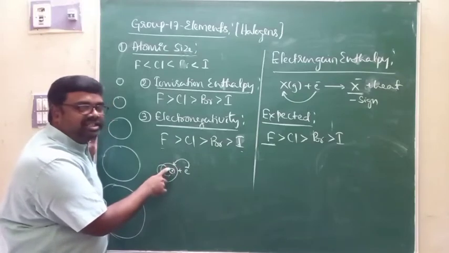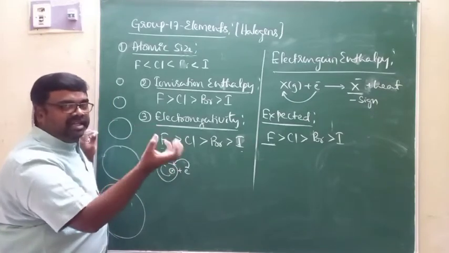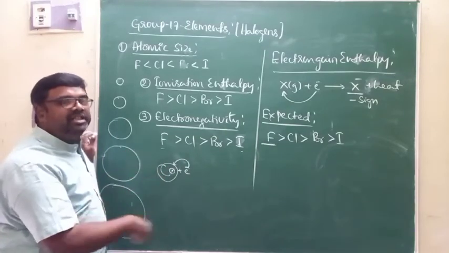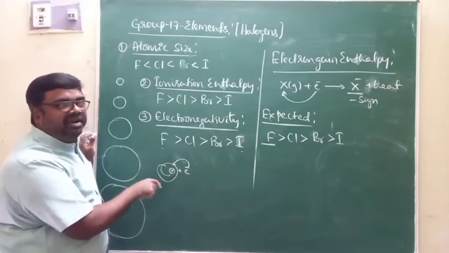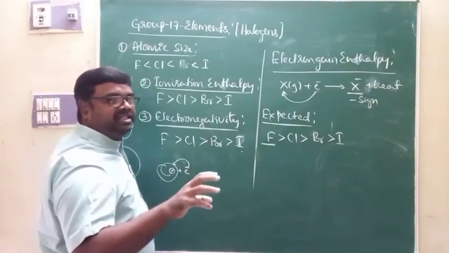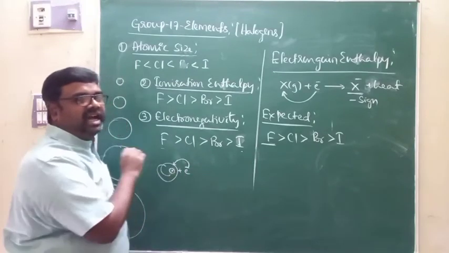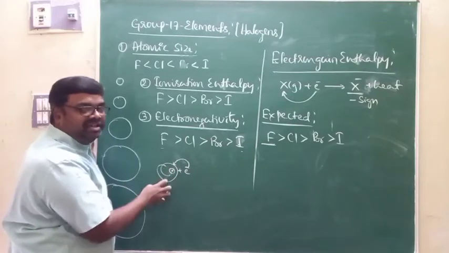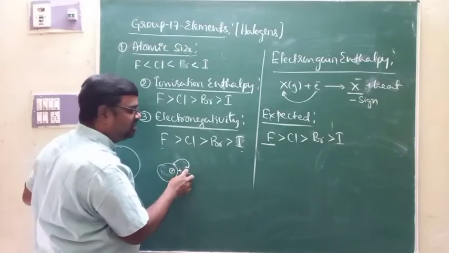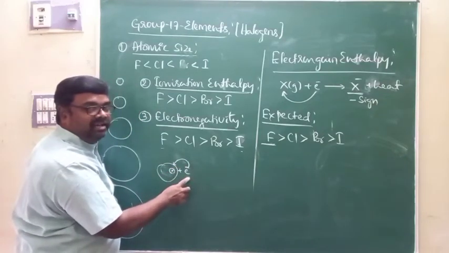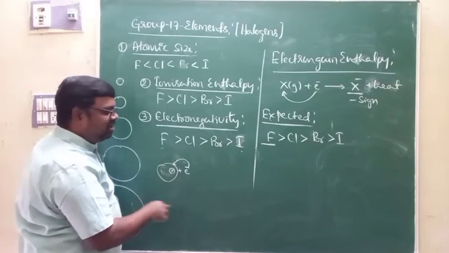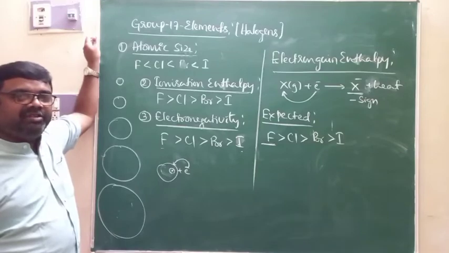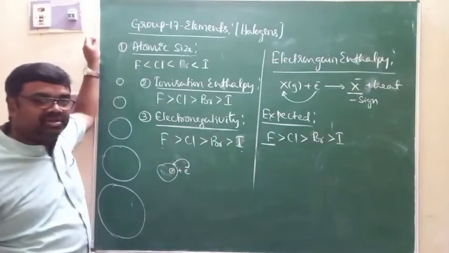Therefore, the electron density of the fluorine atom will be high. That is, valence electrons are present over a very small atom. Because of that, electron density is more. Even the electrons present in the fluorine atom don't have much space for their stay in the atom. If an extra electron is coming towards them, the electrons already present in fluorine offer repulsion to the incoming electron. Therefore, electron gain enthalpy of fluorine decreases and it will be less than chlorine.